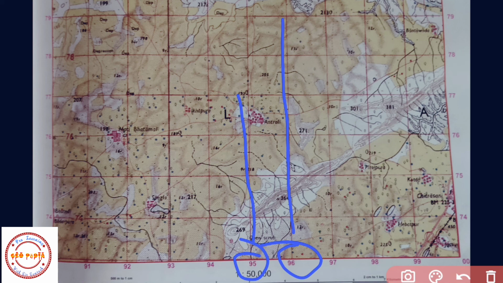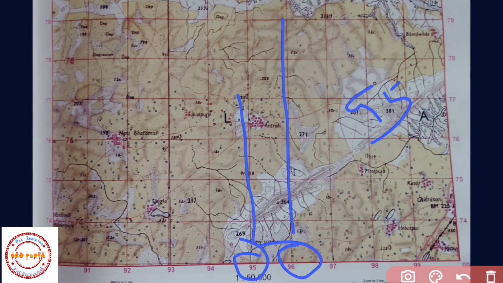Which easting do we have to take? We have to take the easting of less value, that is 95. 95 we will write. Next we have to find between which two northings it is falling. Here you can see these two northings, that is 76 and 77.